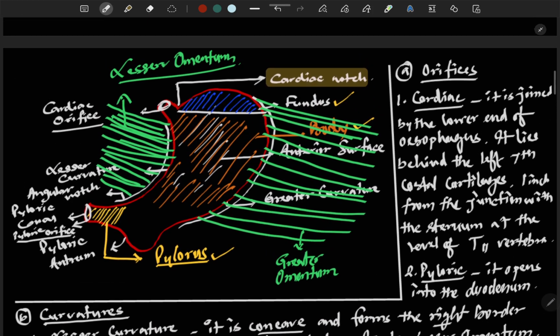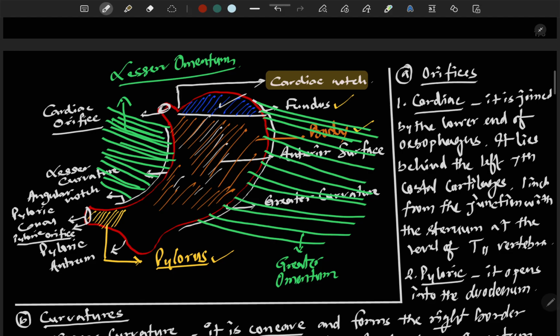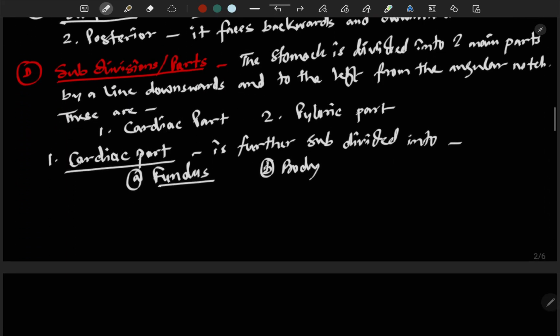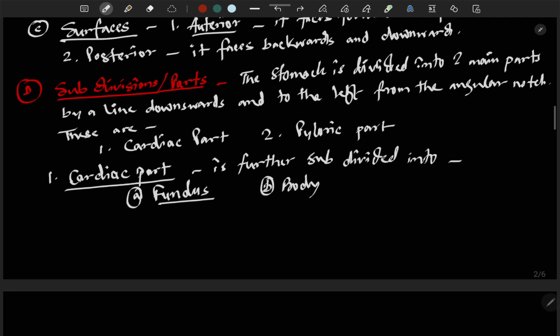So this is the fundus part and this is the body part. Number A is fundus, the upper convex dome shaped part